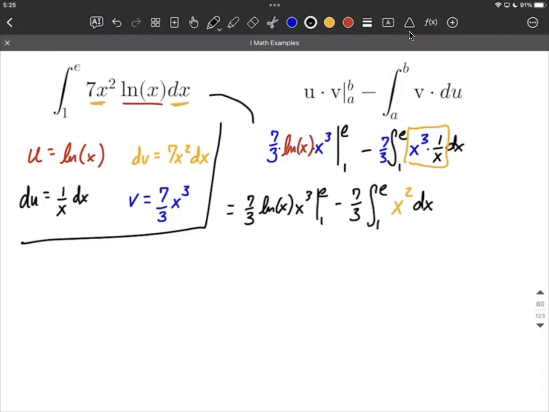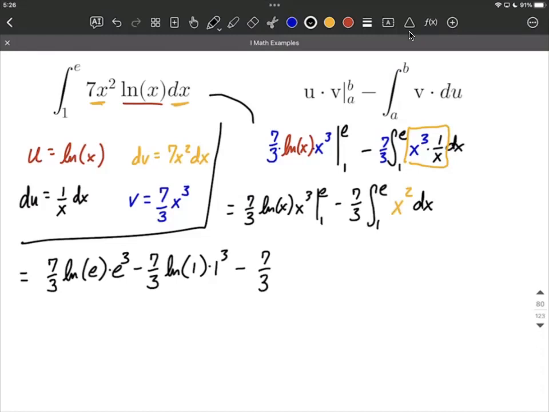All right, continuing here, let's start filling in our bounds of integration at the beginning. We have our 7/3. It's going to be natural log, and we're going to fill in e for the upper bound first, times e gets filled in for the upper bound again. Then we subtract away as we fill in our lower bound. We have 7/3 natural log of 1 times 1 cubed